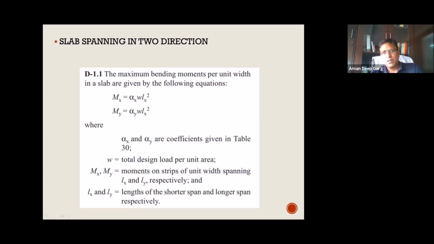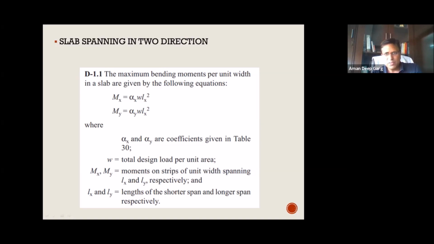What would happen? The first thing is that the 3 meter span strip has reached its full deflection, and it will resist going further down, and it will start taking more load, right? When the span is the same, if it is 3 meter by 3 meter in both directions, and it is going down by 6 millimeter, then there is no difference in both directions. The bending moment will be shared equally, no issue.